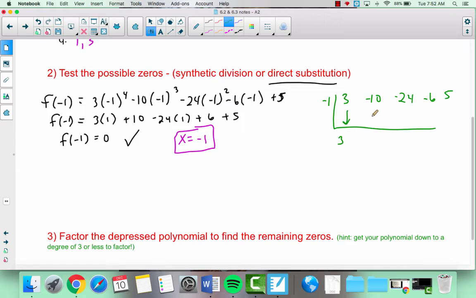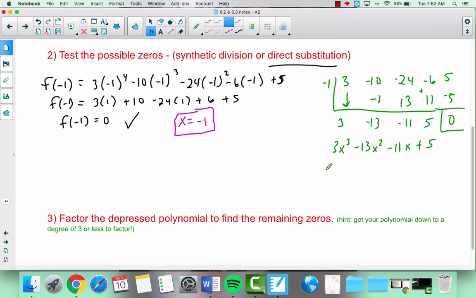You could plug in -3 or -1 at the end, go through and do your synthetic substitution. This is going to give me -11, multiply, get +11, add, we get 5, and then -5 to get our remainder of 0. So notice it gets you the same thing, but the reason the synthetic division is helpful is because now I have an equation with a lower degree that's called the depressed polynomial, and I can use this equation now to do synthetic division or do my direct substitution, and it's going to be less exponents, less numbers to work with. And if you can get your equation down to something that is x squared, so for example